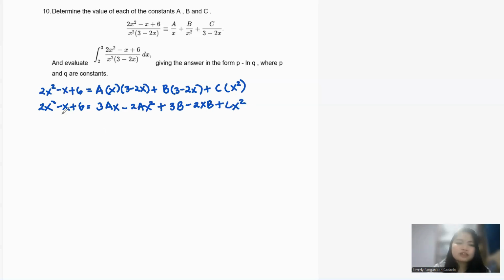Okay, let's compare everything with your x squared because I know your x squared is 2. So you have 2x squared. Everything with a 2, here, take note. Okay, but I will write x squared so you can imagine that. Everything we have here on the right side will be negative 2a x squared, and then the other one will be cx squared. So it means that you're going to have 2 is equal to negative 2a plus c. Okay, that's the first equation, yeah?